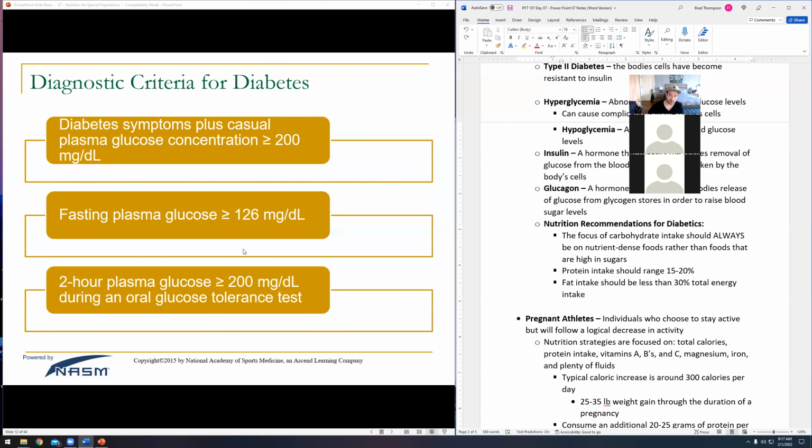The other symptom that we're going to see that's really big is what's called neuropathy, particularly peripheral neuropathy, where diabetics will get numbness or tingling in the extremities. If you have a client with type 2 diabetes, or type 1, but mostly type 2, you have to be cautious of making sure they wear the proper footwear because they can get a blister without even realizing it. If you're encouraging them to do a lot of hiking, you actually want to coach them into making sure that they get the proper shoes, proper socks and things like that.